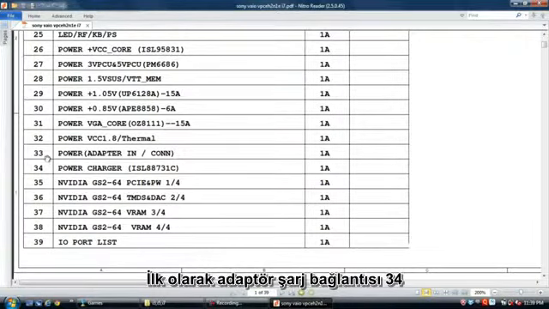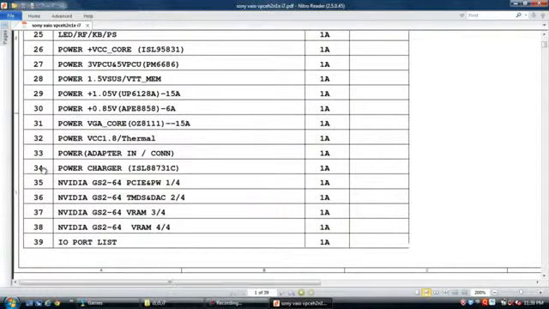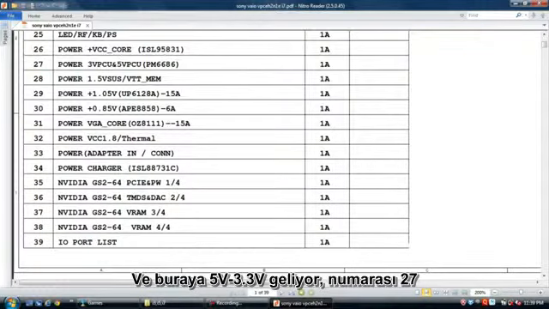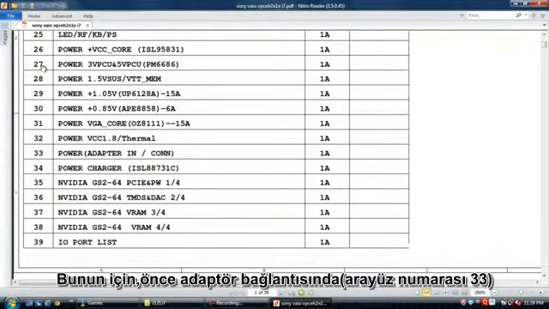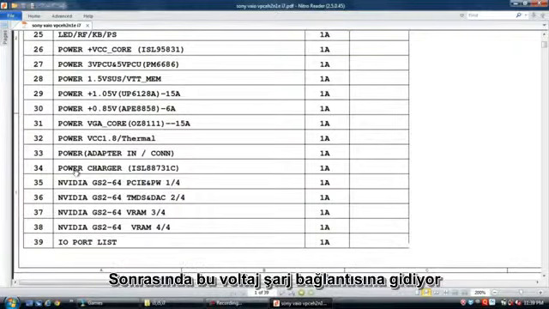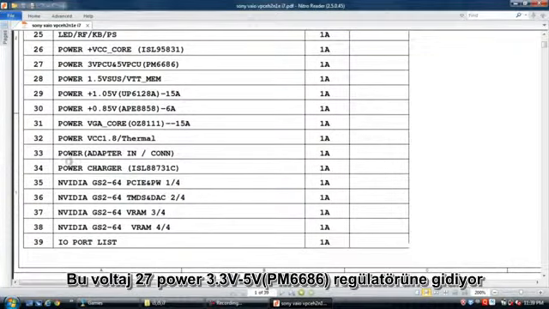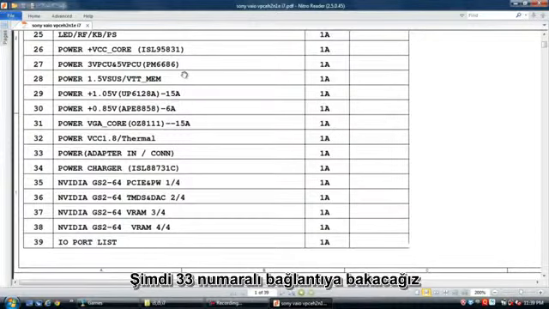First we will see the adapter connector on page 33, then the charger page 34, and that voltage comes to the 5 volts and 3.3 volts page number 27. Next that voltage goes to page 27, the 3 volts and 5 volts regulator, PM6686.